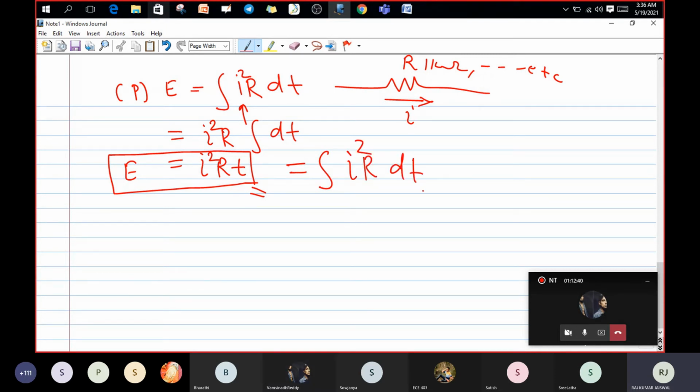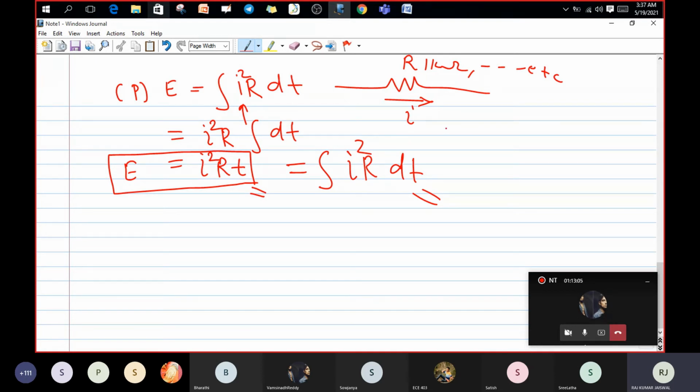Yes, both are same. Because if one resistor is there, say from the lab you have taken one resistor, that value is 10 kilo ohm, and you connected it in one circuit on a breadboard, and by mistake you have increased the voltage, that much voltage is not required for your circuit, then what will happen?